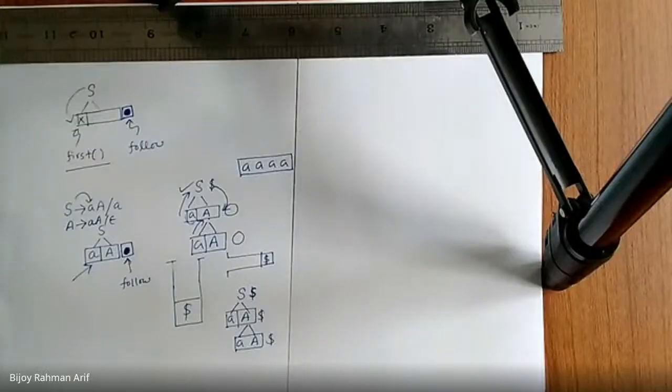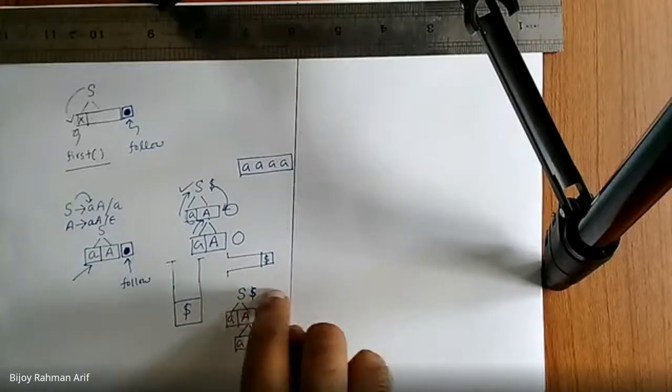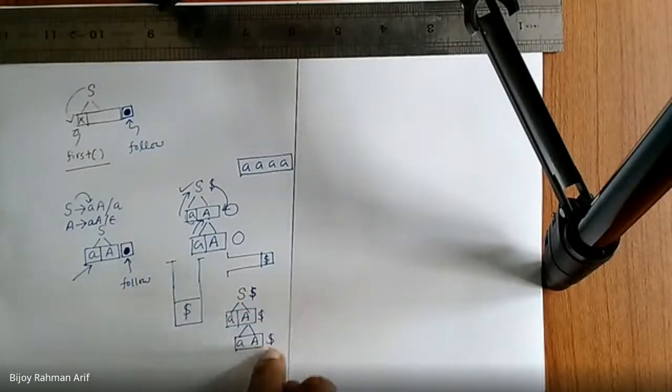So everything ends with a dollar. You can say the end symbol might be different, like hash, or question mark. But it is a practice to denote the end symbol as dollar. So definitely, as we always assume a symbol just after the end of the input buffer, that dollar also follows after the start symbol. Yes, sir. So in both cases, the follow of S is dollar and the follow of A is dollar. Is it clear?